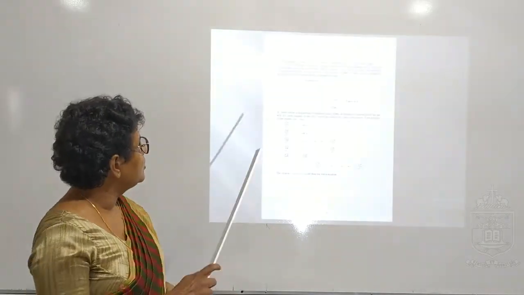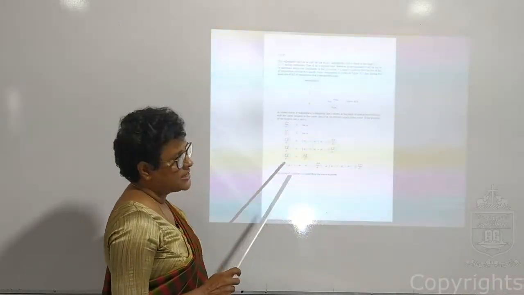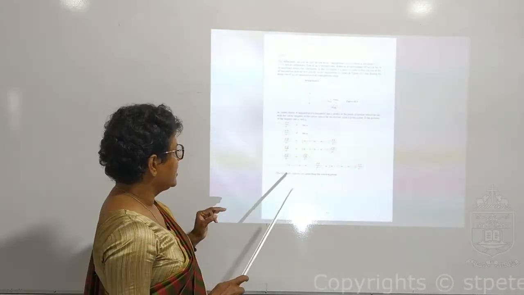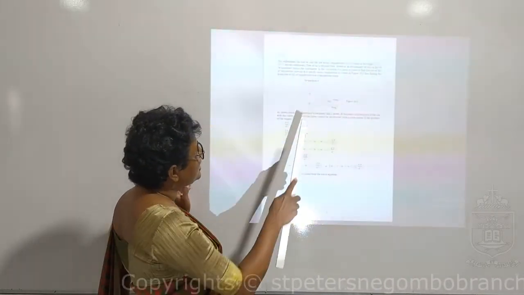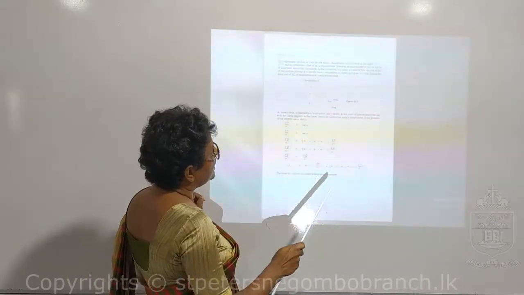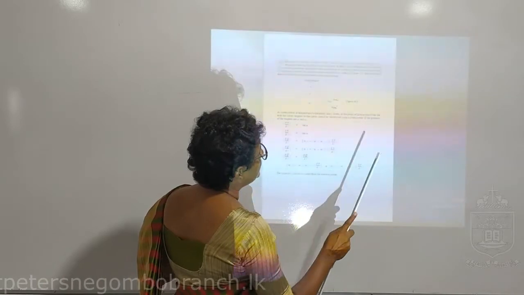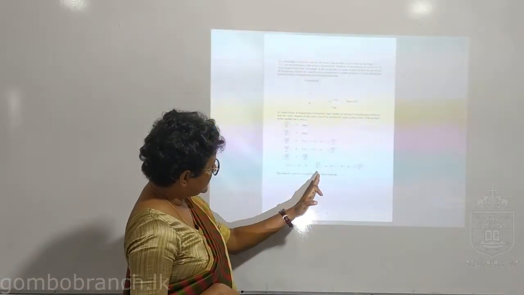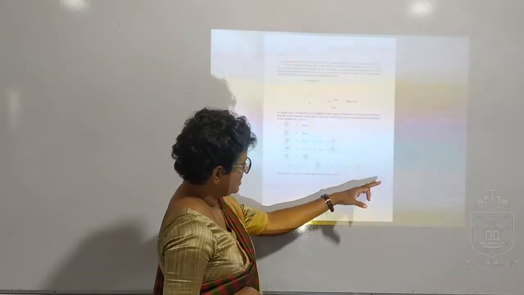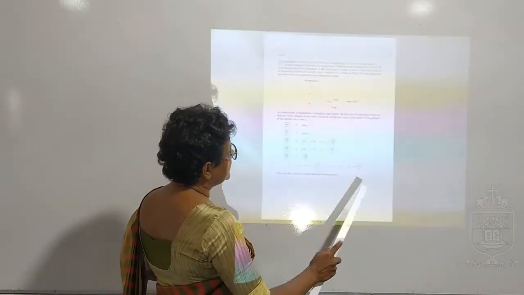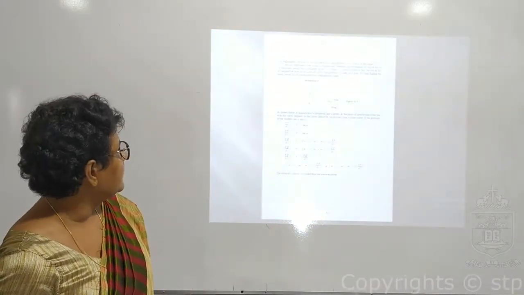Here, there is a special note. You can do this method also to calculate the specific heat capacity of the unknown liquid. You do the same practical, draw the same graph, and you can find the two gradients at that point, d theta over dt, theta 1, d theta over dt, theta 2. Then apply that instead of theta minus theta r, divide by t, divide by t1, divide by t2. Applying that, you will be able to get the specific heat capacity of the unknown liquid.